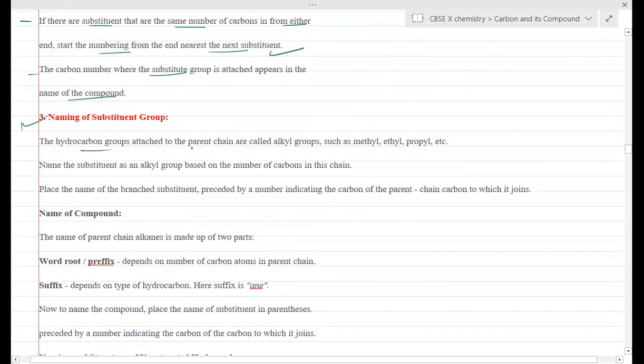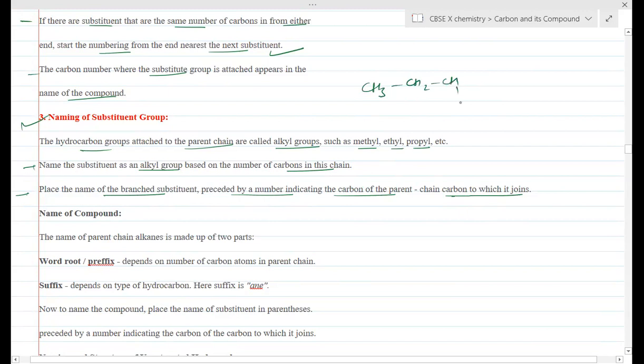The hydrocarbon groups attached to the parent chain are called alkyl groups, such as methyl, ethyl, propyl. So name the substituent as an alkyl group based on the number of carbons in the chain. Place the name of the branch substituent preceded by a number indicating the parent chain carbon to which it joins. For example, if you want to name CH3,